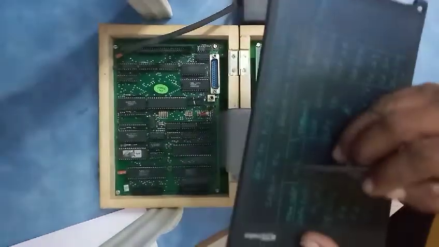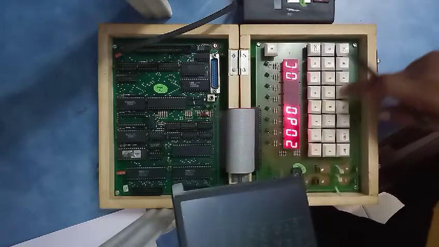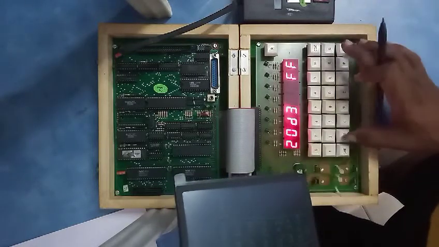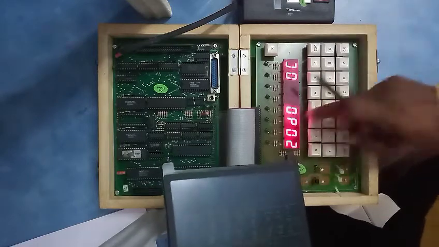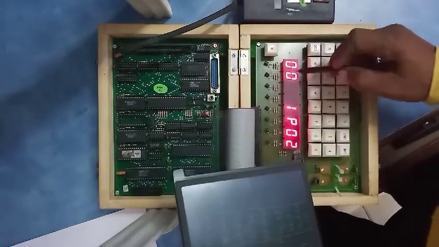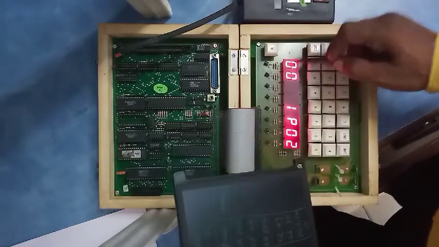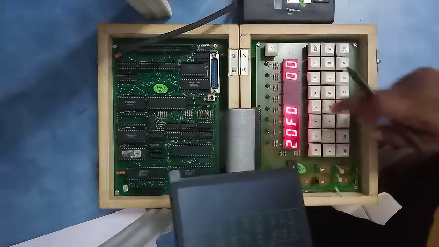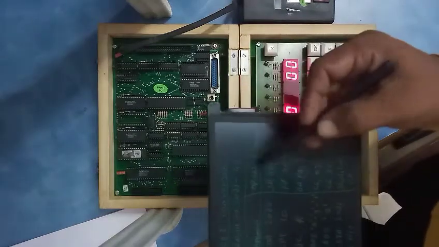The number is 0C, and at 20D1 we have to make the value 00. For your convenience, 20D0 contains 0C, and the result will be displayed in 20D1.